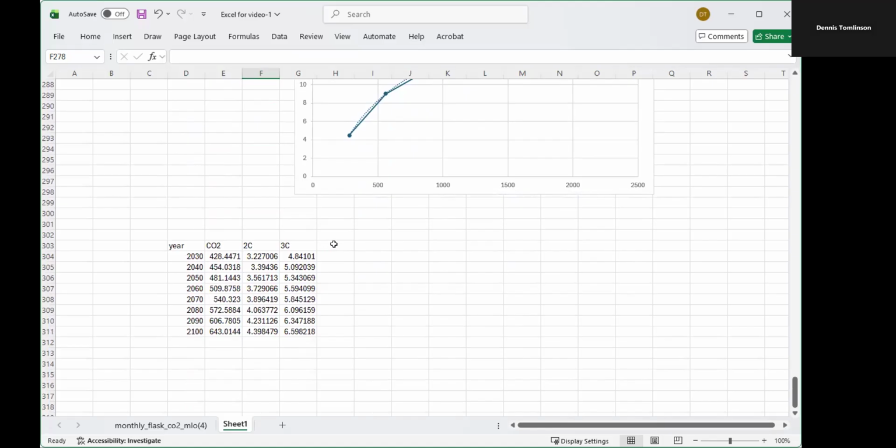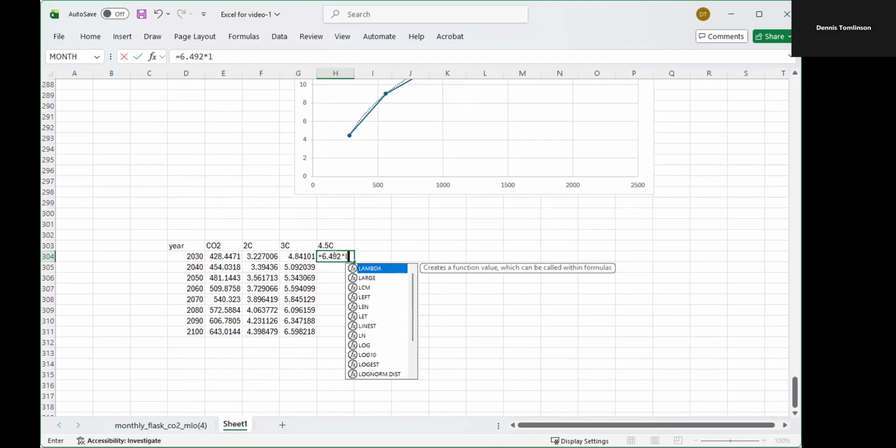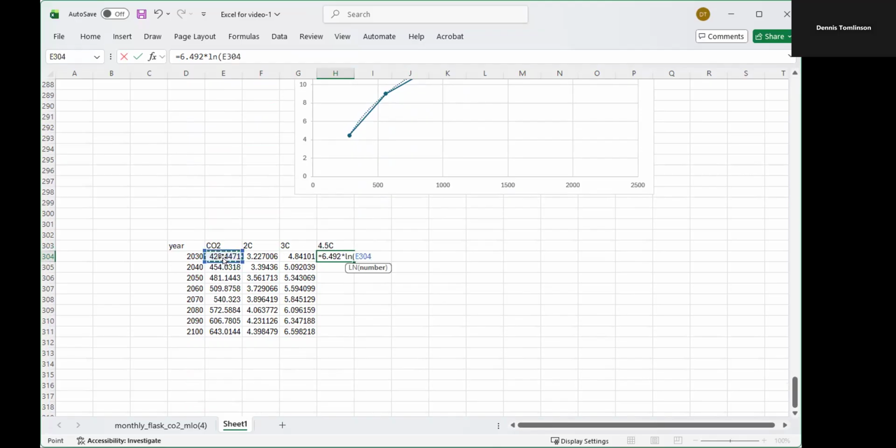Now I go down below and make another column. The header for that column, I'm going to put 4.5C. The C stands for Celsius or centigrade. And in the box right below it, I now enter this formula, equals 6.492 times ln, open parenthesis, and I'll go over and click on the CO2 in that row, copies the address